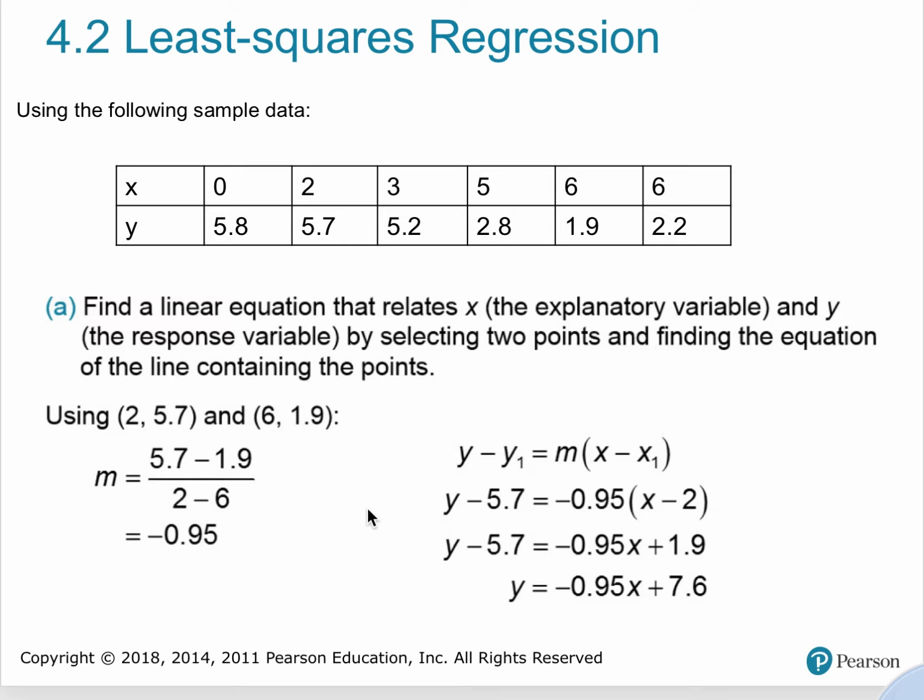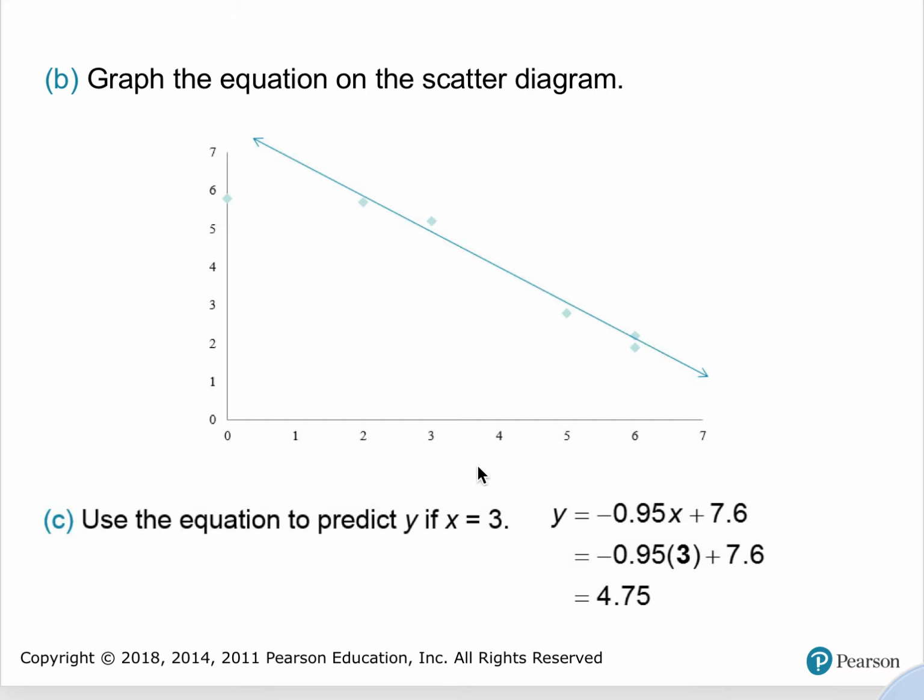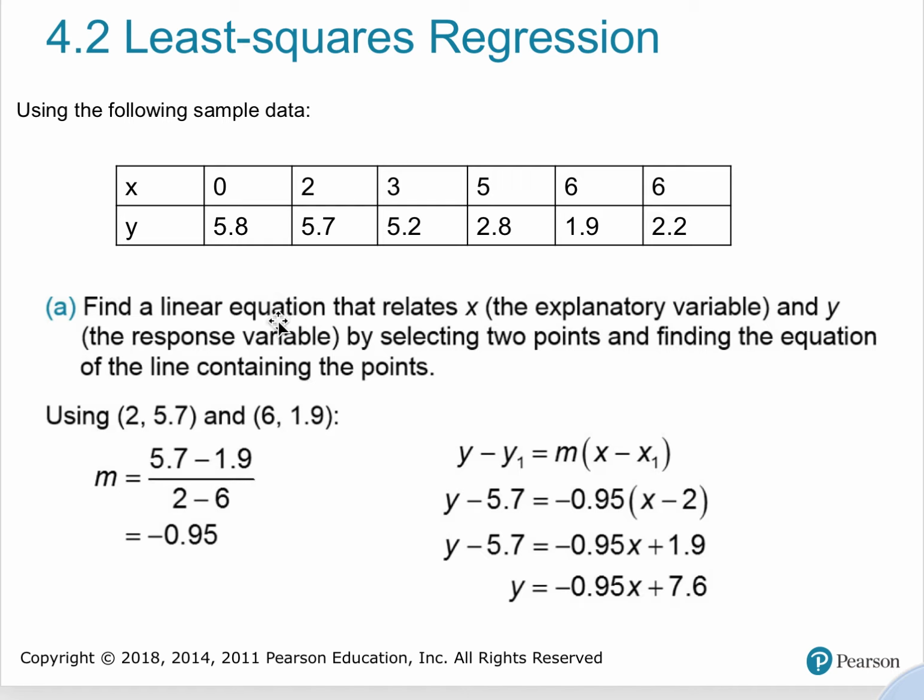So one way to do this is select 2 points from the data that appear to provide a good fit. So for example, let's go to the next slide and see. Here's their scatter plot, and they said, okay, this looks like it would be a good fit. So let's pick 2 points from that line and from the data that we might draw a line through. They chose this one, (2, 5.7) and (6, 1.9). Okay, so you pick 2 points that you think